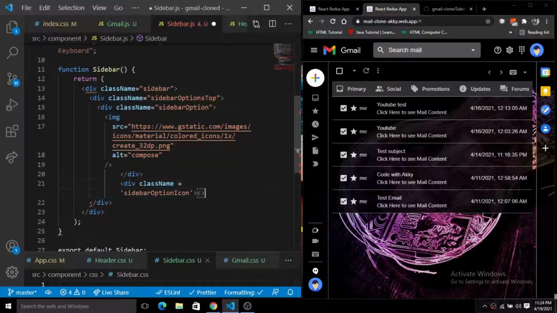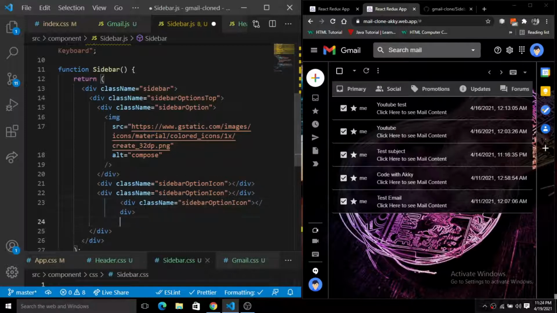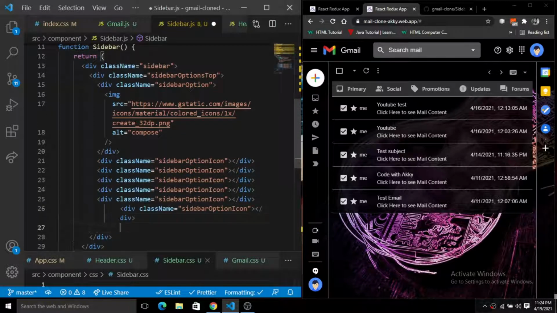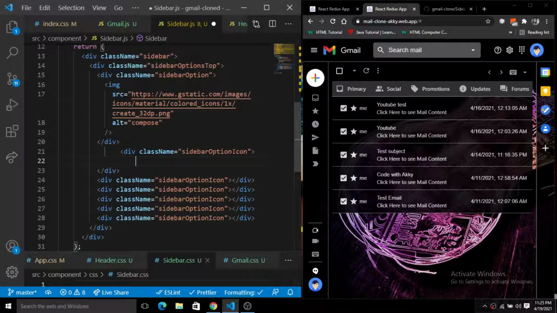So I'm going to simply wrap it inside this icon, and how many icons do we have? 1, 2, 3, 4, 5, and 6. So what I'm going to do is simply grab this and simply paste it for the 6th time. 2, 3, 4, 5, and 6. Okay, I think it is for the 7th time. So let's grab this and remove the extra. So here inside of this div, we have first the inbox outlined icon. So we have this inbox outlined icon. The first icon is this.